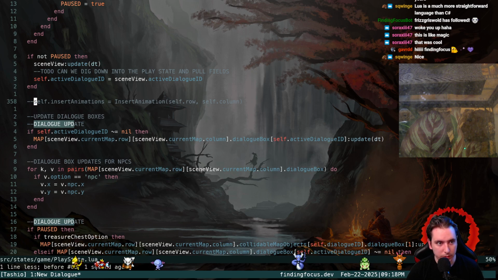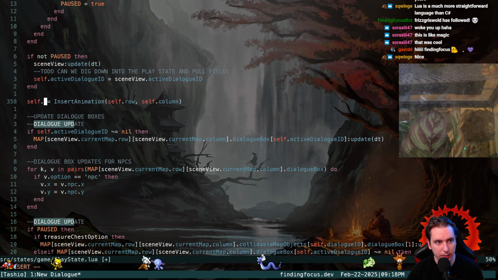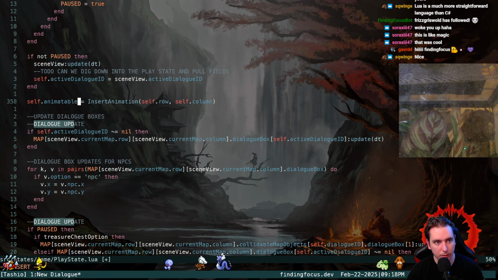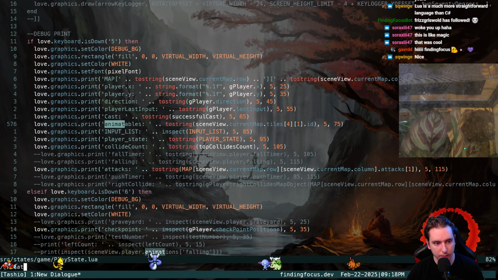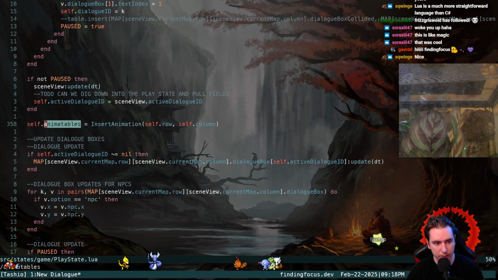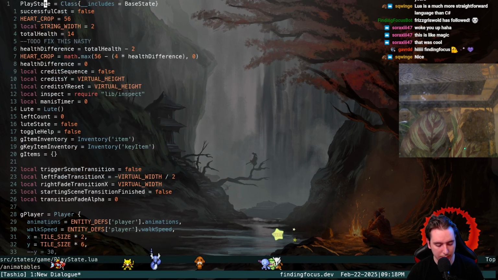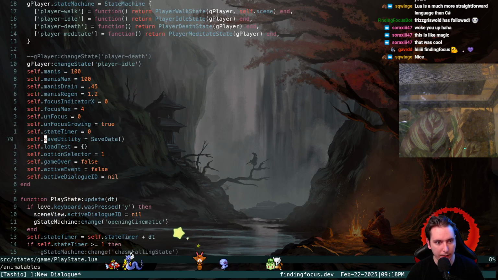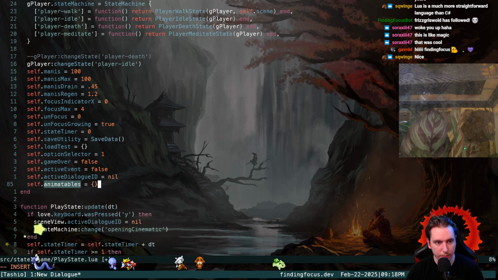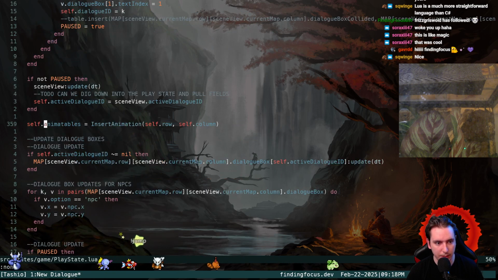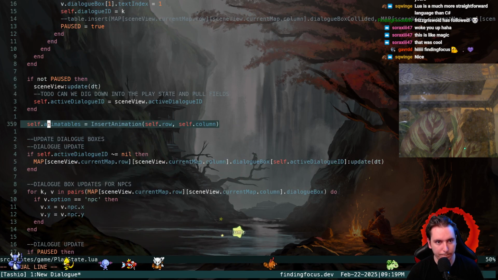Okay, so this is what we want to do. I think we can have a dot animatables in our play state. I don't think we have that here. Yes, we don't. Okay, so in our play state init here, we're going to add a dot animatables table. We assign it to an empty table, but